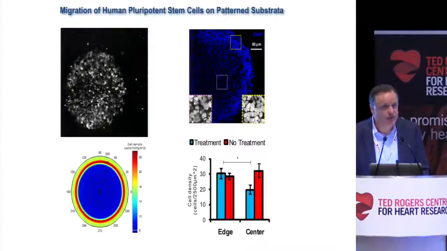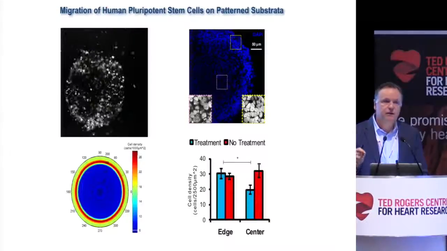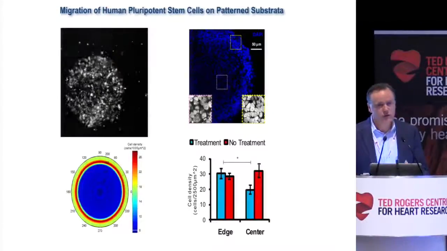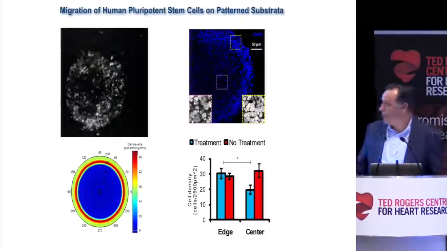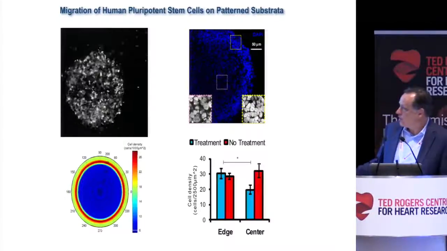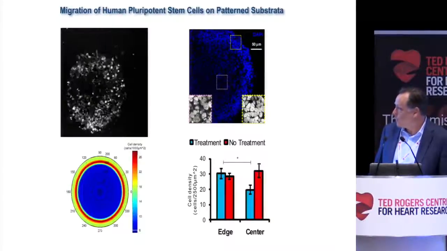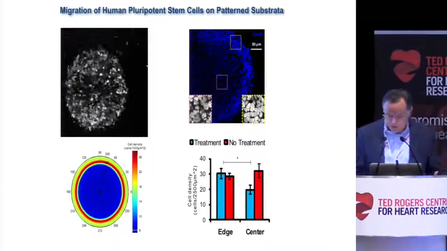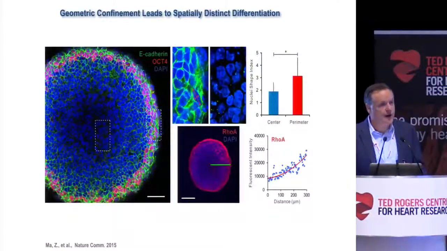What's interesting, if we then start the differentiation protocol with iPS cells in those circles, and the circles range a couple hundred microns, so 400 to 800 microns, we see an outward migration of these cells to the perimeter, and so we get this annulus of high density, which also is correlated with some proliferation, and so you get differential states of these cells. The short story is that the cells are at a higher density, they're under higher stress, they express markers of stress-related or mechanobiology events at the perimeter.